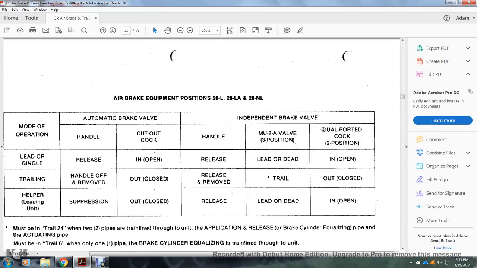Air brake equipment is the 26L, 26LA, and 26NL. Two different modes of operation: handle and cutout cock of the automatic brake valve, the independent brake valve handle, multiple unit 2A 3 position, double ported cock 2 position for the independent brake. Lead or single: automatic brake valve release and in and open. Also the lead or single independent brake valve release, and lead or dead, also in the in